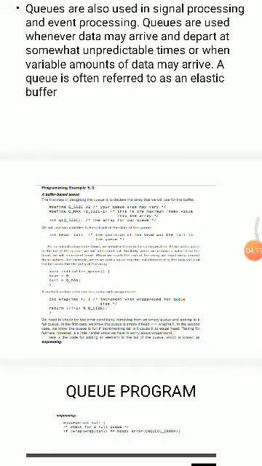The first step in designing the queue is to declare the array that will be used as the buffer. The second step is to initialize the head and tail to the same position. When we add a value to the tail of the queue, we increment the tail. When we remove a value from the head, we increment the head. When we reach the end of the array, we must wrap around these values. So these are all the examples about the queue program.